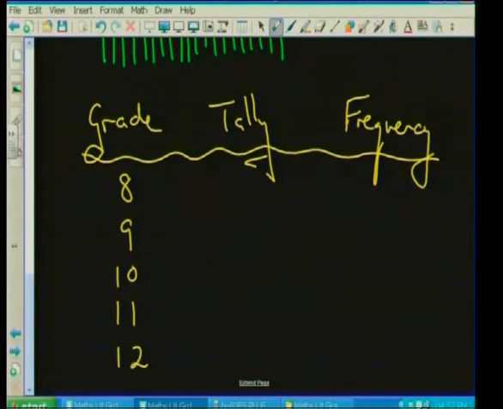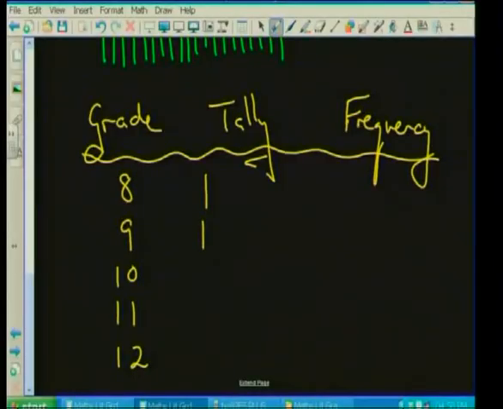Now, we could ask everyone individually, and people come through and they tell me the answer. We say, what grade are you in? They say grade 8, and we make a little mark, grade 8. What grade are you in? They say grade 9, and we make a little mark. So I'm going to make a whole lot of little marks. Let's watch. And someone says grade 10, and grade 10, and grade 8, and grade 11, and grade 9, and